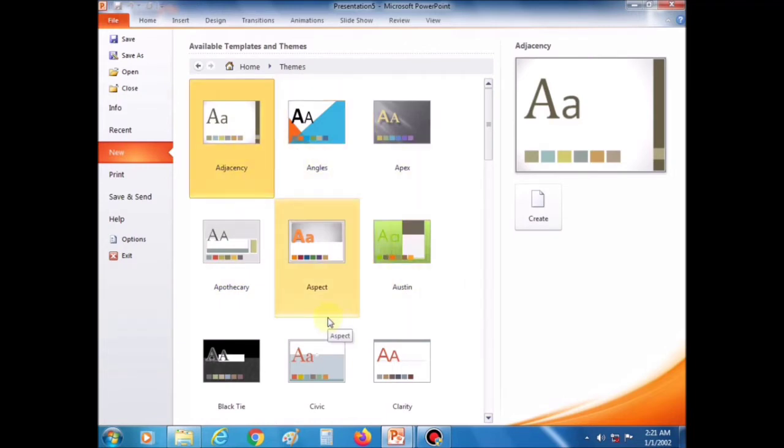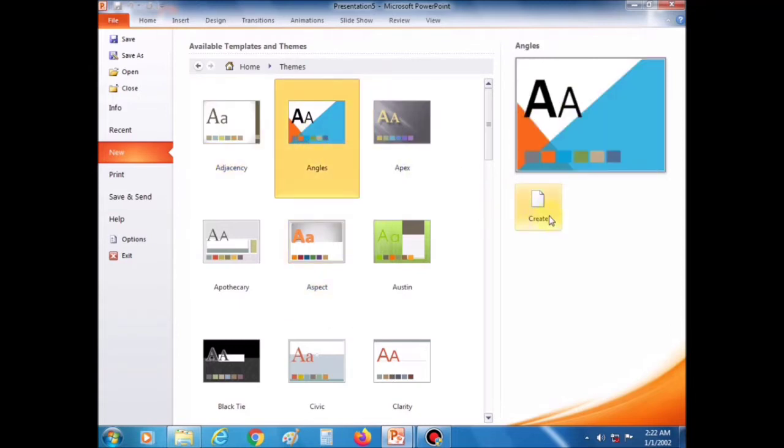A list of various themes or templates is displayed. Click the desired theme or template from the list that you want. Then click the Create button in the rightmost pane. The selected presentation appears in the PowerPoint window.